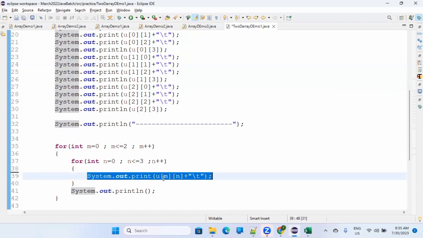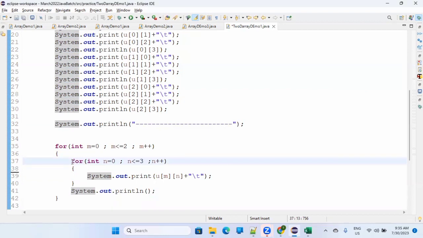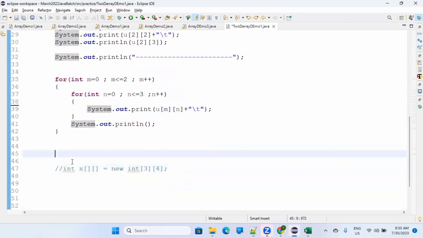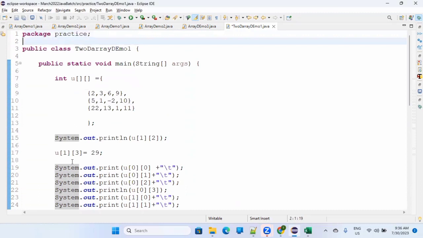Now, when you are here, the m value is initially 0. Now you are here, so the n value will be 0 to 3. And m is constant when you are here. So when you do debugging, you put a breakpoint and then check how m and n are changing. You'll be able to understand how this is working. Okay, that's it. So here what we learned about is declaring a two-dimensional array,